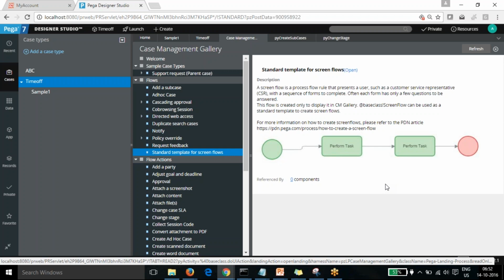So Pega has given a separate flow name that we call screen flow. There is a separate process to create a screen flow, and when we are creating the case management, we cannot directly create the screen flow from there. The generation process is a little different for screen flow. I think that will require the help of SAs to do that.